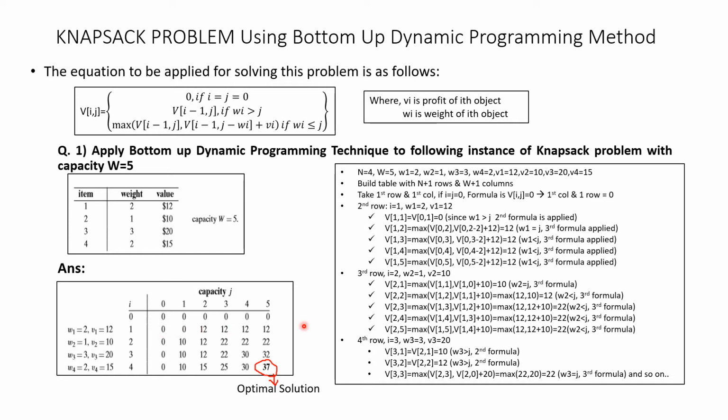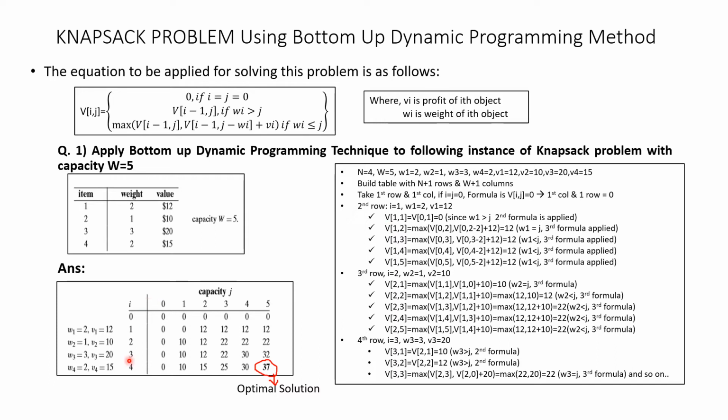Now, this is a laborious, a little time-consuming process, but once you practice, it will be simple for you. You have to just go on applying one of these three formulas to get the values. See now, how to calculate this entry? This entry is calculated how? 1, 0. How is it calculated?